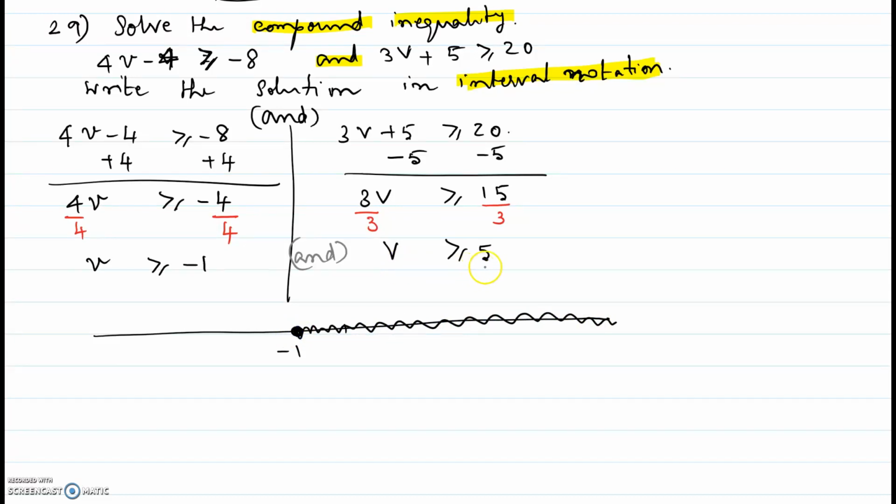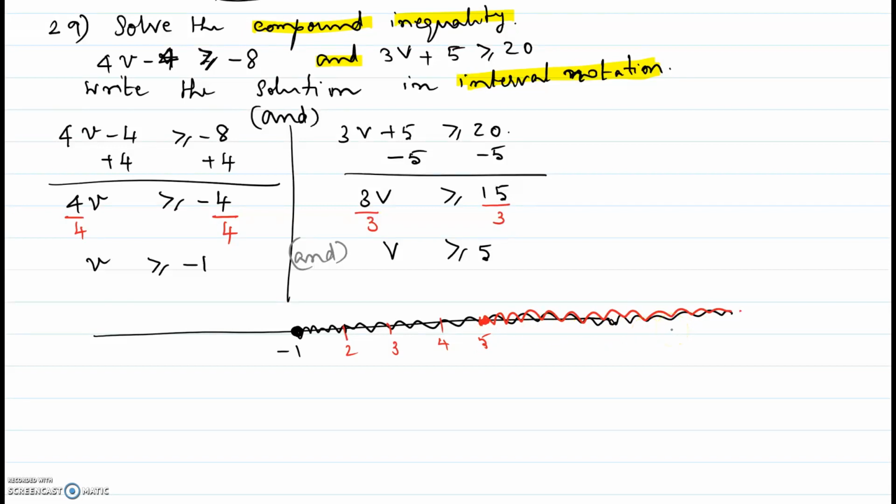And the second one, v more than or equal to 5, will be all to the right of 5, including 5. So there is a part of the interval which is shaded both colors. We have used the colors black and red in this case. So there is one part, which is all numbers to the right of 5 including 5, shaded both black